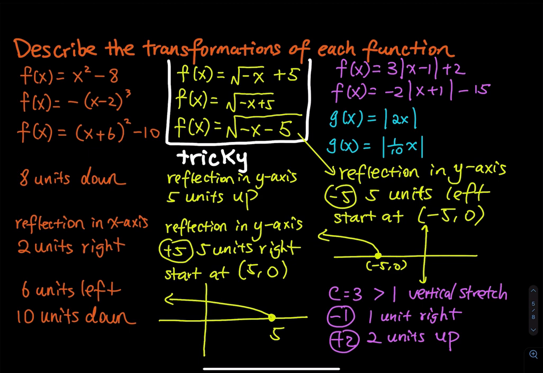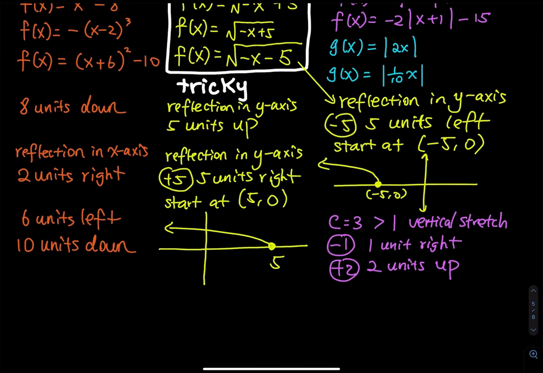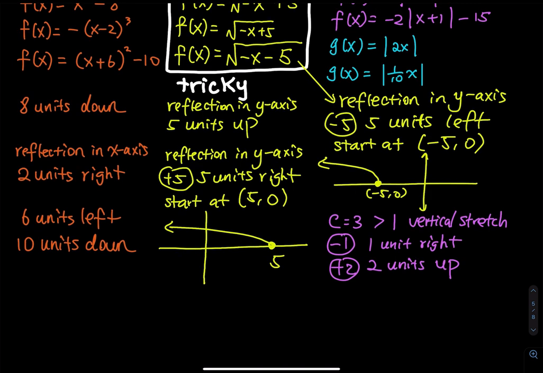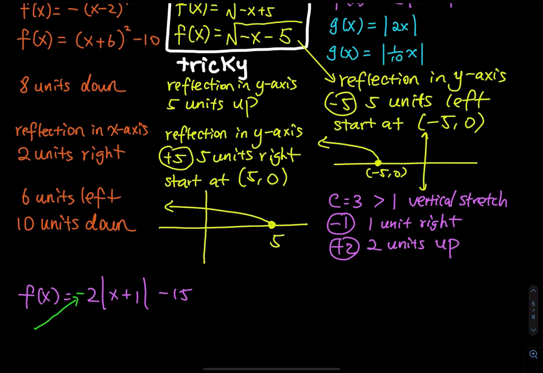Okay, so this problem is done, and the next one has a -2. The negative creates a reflection immediately, right? I should add this because eventually you won't see the function anymore. So f of x equals -2 times the absolute value of x plus 1, then -15. I should change this to a different color, a green negative, and point at this negative and say a reflection